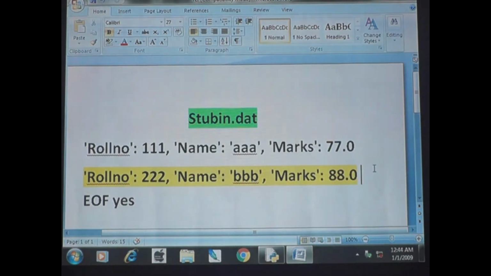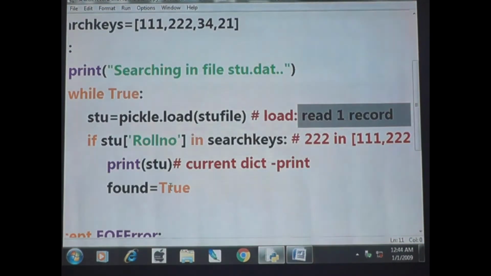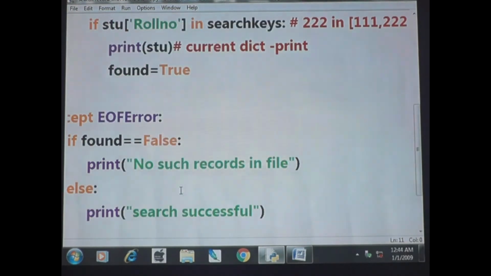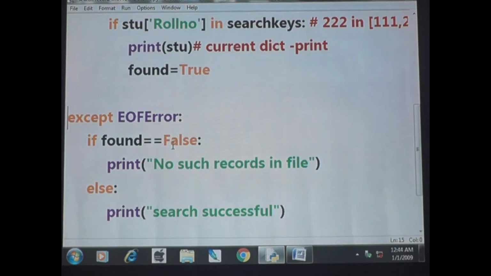This is called the end of the file. Yes, it reaches the end of the file. So once it reaches the end of the file, the end of file error part will be executed. Then what happens?